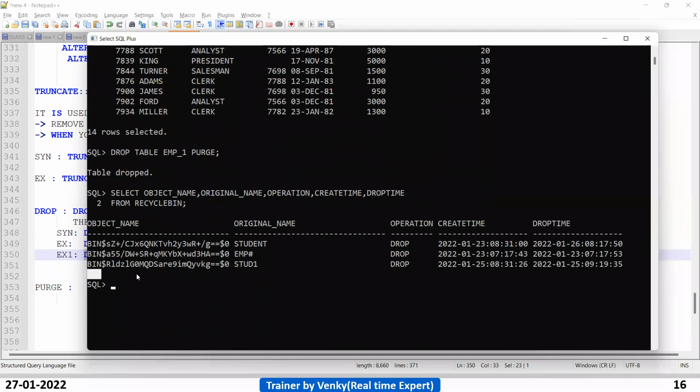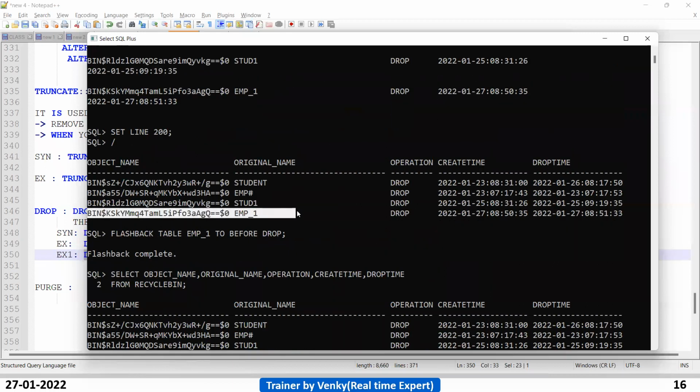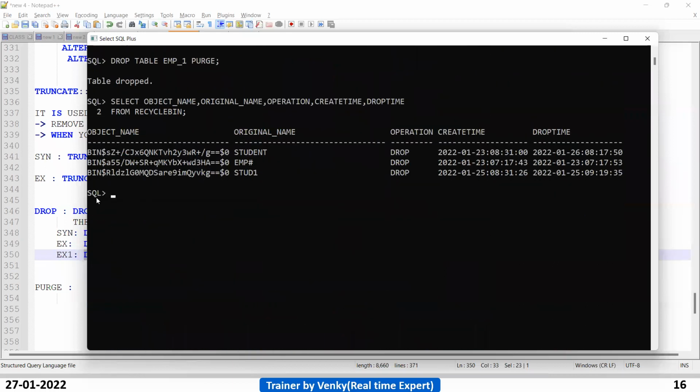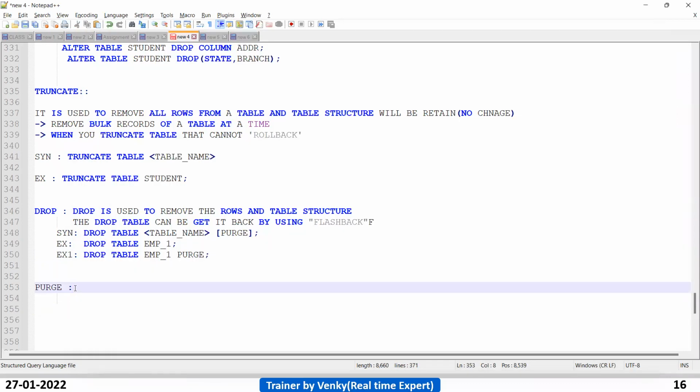Is there a table? No. Without purge, it came to the recycle bin. So when I use purge, the table does not come into the recycle bin. Do you know the reason? When we use purge, it deletes the table permanently.